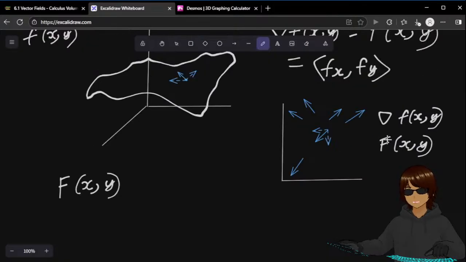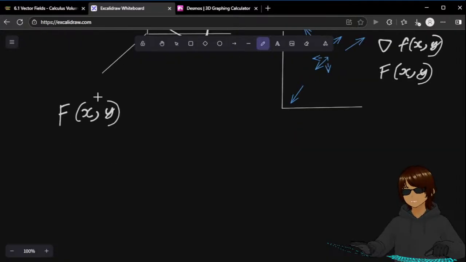So capital F is the vector field of small f. But if I give you a random, out of nowhere vector field, let's use G. If I give you this vector field,